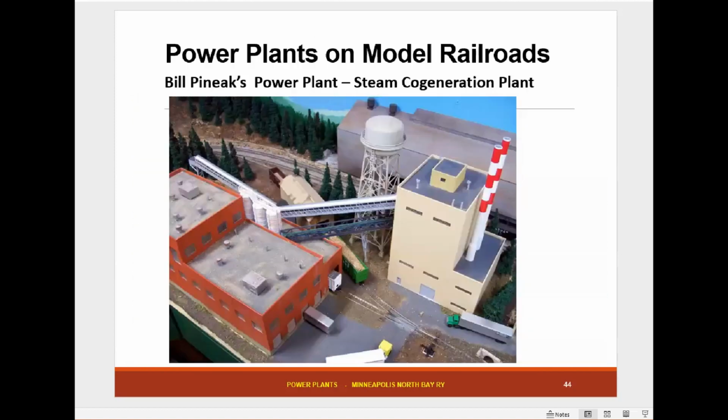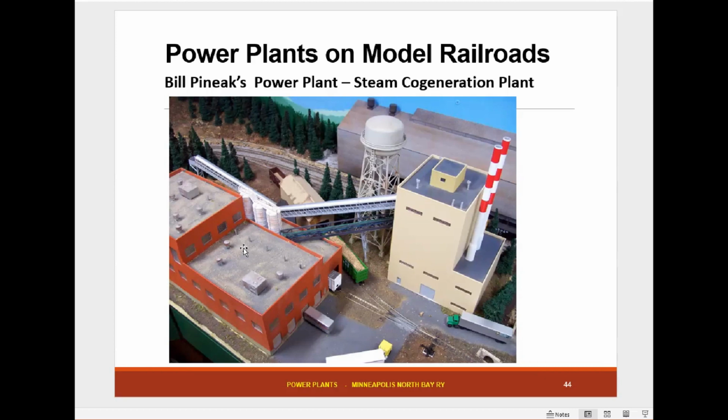Here's a guy who had, this is N scale, and he has a power plant here that's cogeneration. There's a big boiler and a couple of chimneys, and then a small turbine which generates power, and then the steam comes over here on this catwalk, and this is a paper plant. He's probably burning wood chips, maybe wood chips and coal, something like that. They load the wood chips, they come up here and they burn them in the boiler, and then they also